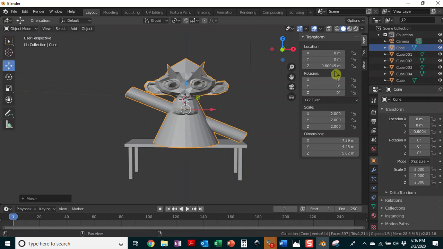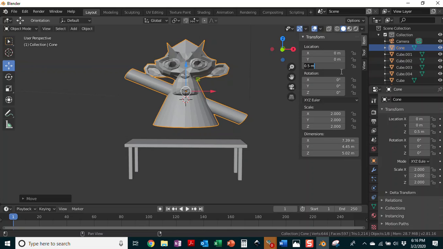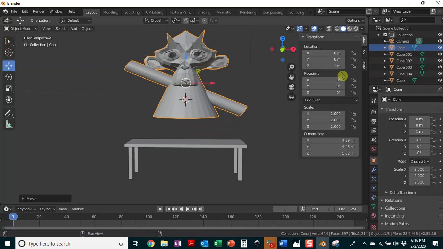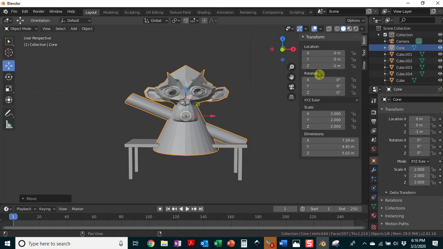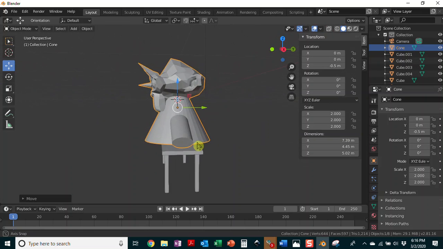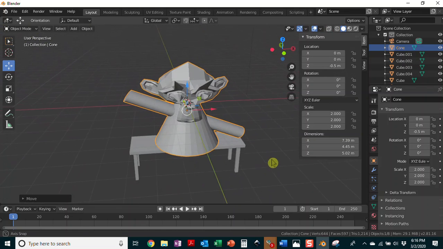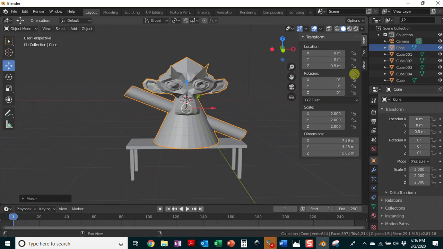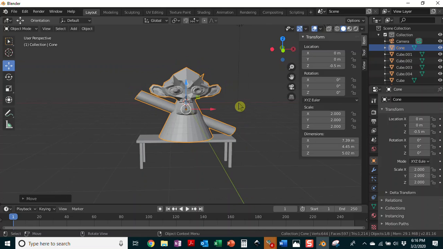Okay, let's see. Maybe if I did 0.5, nope. 1, nope. -1, nope. -0.5. Okay, -0.5. Oh, she's still hovering. Oh well, good enough. But just to give you an introduction to a lot of the tools that are available,